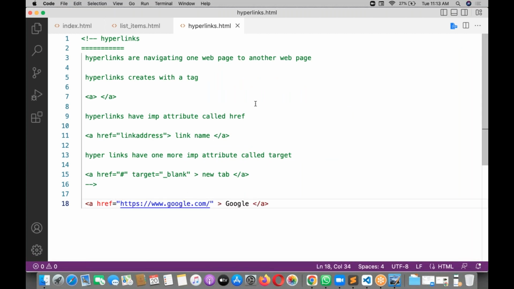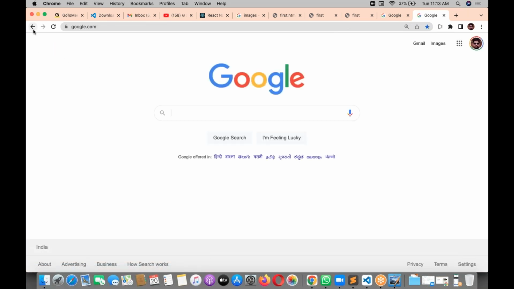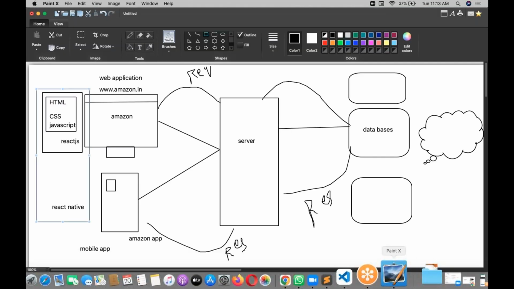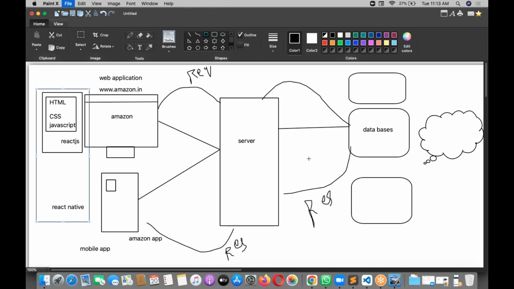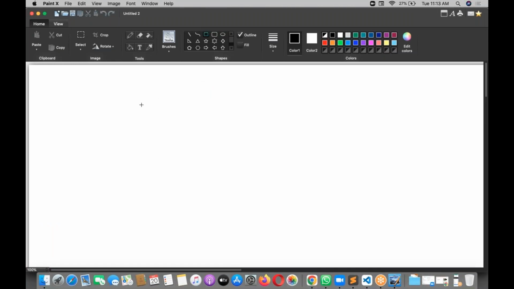Now you launch this application. You can see the hyperlink is there. When you click on this, it navigates to the Google page, and you can come back. So this is our custom page. From our custom page, another web page is getting opened with the hyperlink. For example, let me have